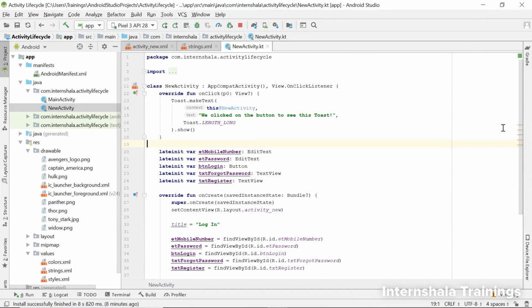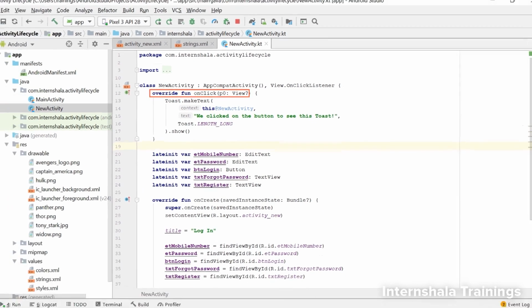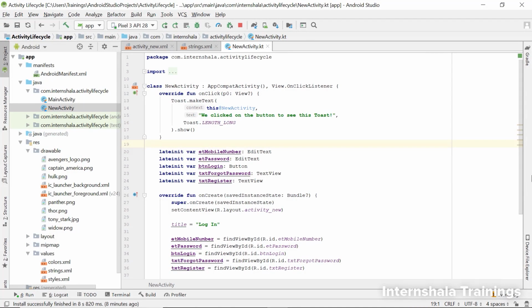In the previous topic, we implemented the click listener by implementing the appropriate interface and overriding the onClick method. But that was the difficult or lengthy way of setting an onClick listener. Don't we all like a little bit of shortcut? So, let's look at a simpler way of implementing a click listener.